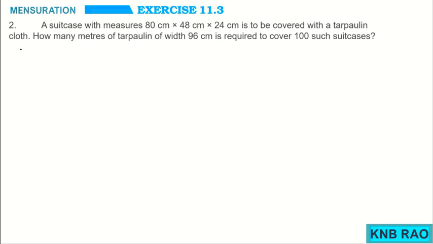Now, in the solution, first you need to find the total surface area of one suitcase. As it is a cuboid, we find it using the formula 2 times (LB plus BH plus HL),